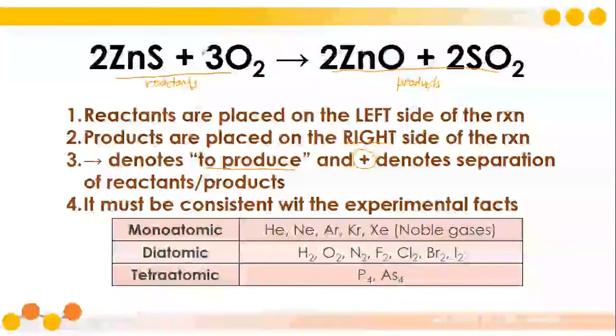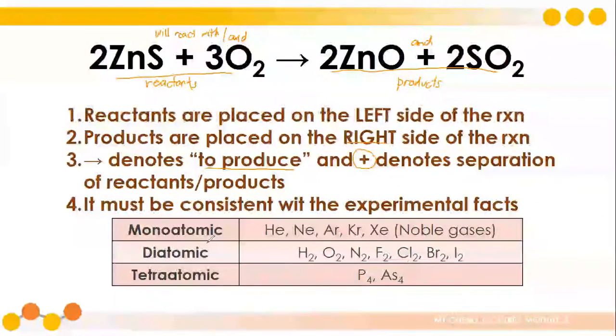So on the reactant side, it can be read as will react with. On the product side, it can be read as simply and. So will react with or and. Okay. Next, the reactants and the products, whether they are compounds or elements, they must be consistent with the experimental facts. Okay? That means, let's say for example, this one,